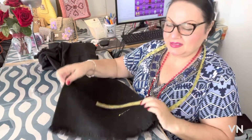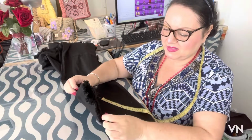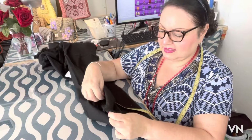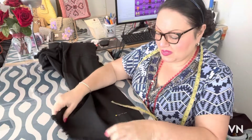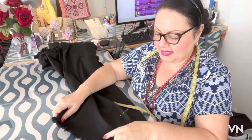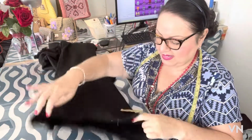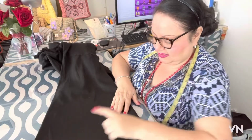I got a real good one today for you guys. You know, these bell-bottom jeans with the fringe on. I'm gonna show you today how we're going to hem them and keep the fringe intact, its original hemline. Okay, let's get started. This is her finished